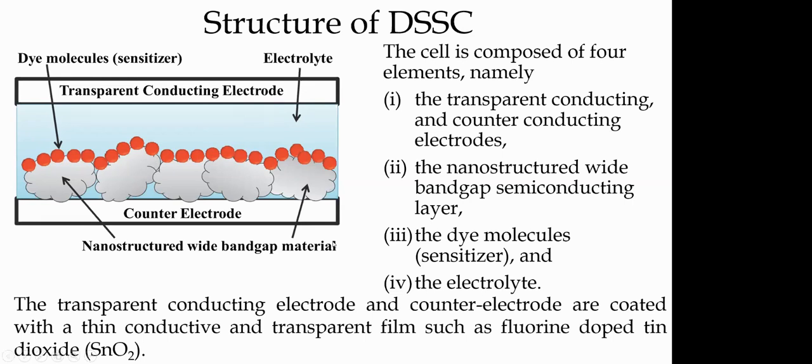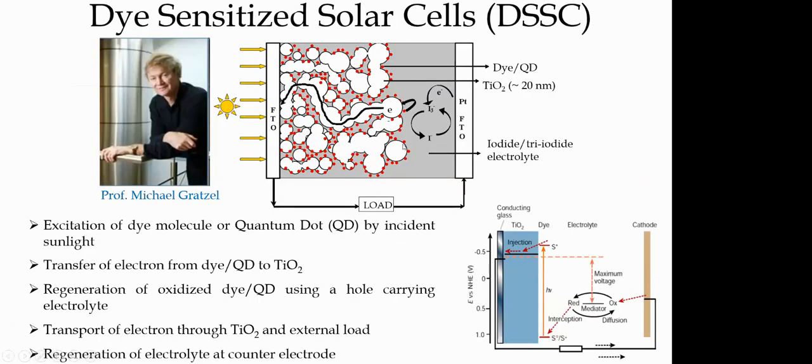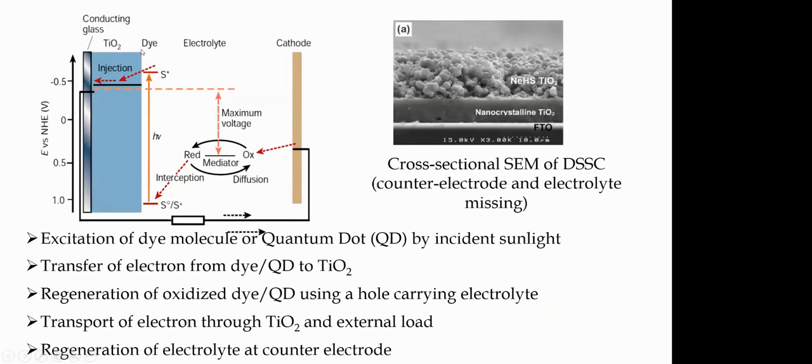So this is better seen here. I have shown this schematic diagram with respect to the relative electronic positions of these materials. So this is my ITO. This is conducting glass, so this is just like a metal. Then after that, I have a TiO2. Its conduction band is lying at this position that you see, the effective dark black line. Then this is the conduction band and valence band separation of a dye molecule. So this is the conduction band of the dye molecule, and this is the valence band of the dye molecule.